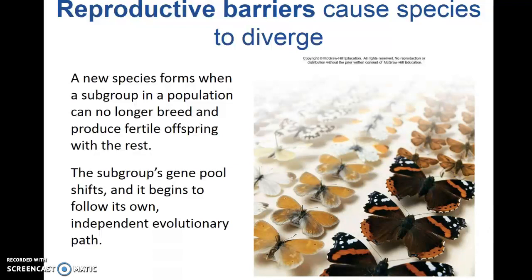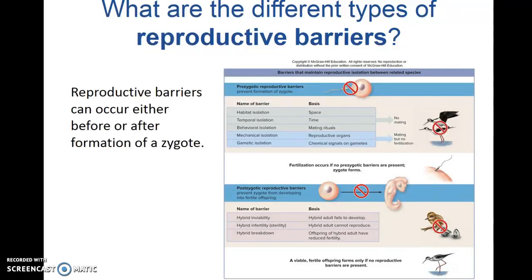And over long periods of time, hundreds of thousands of generations, the little tiny mutations and mistakes that are common begin to accumulate. Sometimes, if there are enough differences between those two groups, eventually they will go on to form different species. The biggest thing that prevents two species from reproducing with each other is this idea of reproductive barriers. These barriers can occur at different times. They can either occur before reproduction, which we call pre-zygotic barriers, or they can happen after reproduction has begun, so they're called post-zygotic barriers.